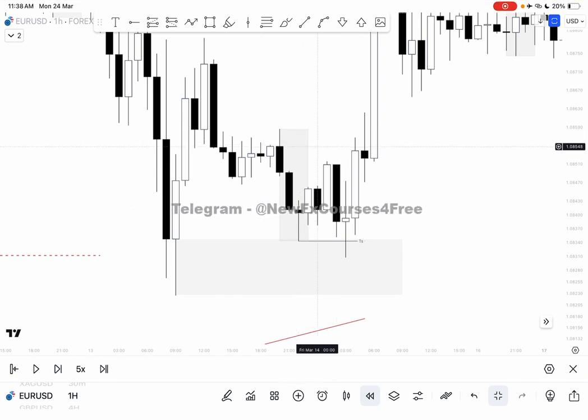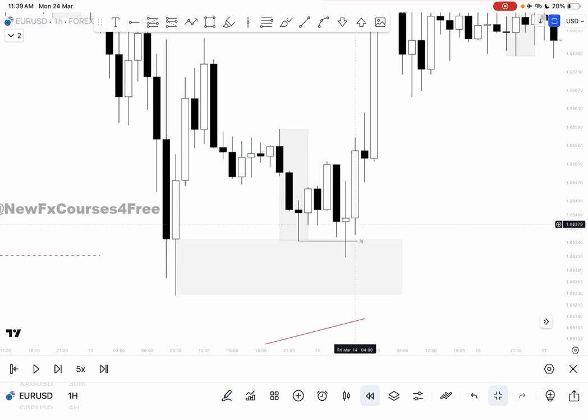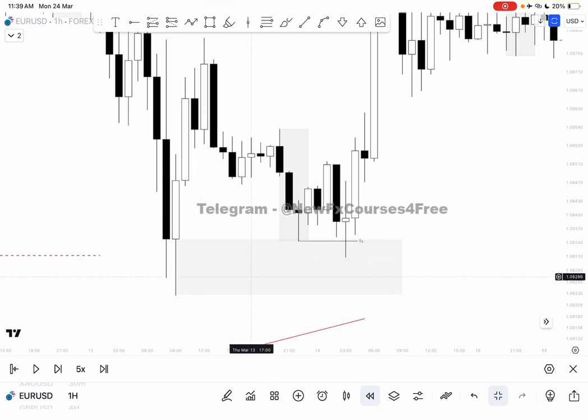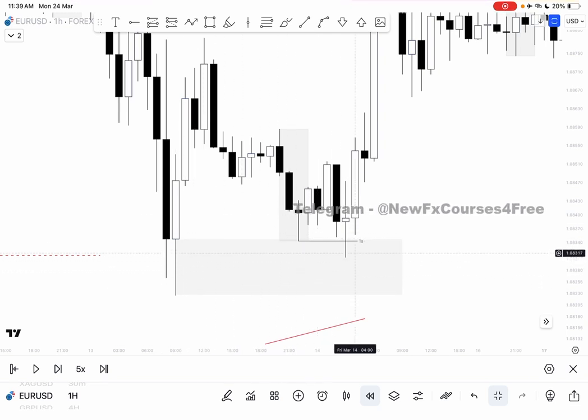Then what actually happened, this was opening price. Yeah, you can see your time zone. This is the opening price. So the market actually dumped below the opening price, sweeping our Asian session low and tapping on our rejection block,